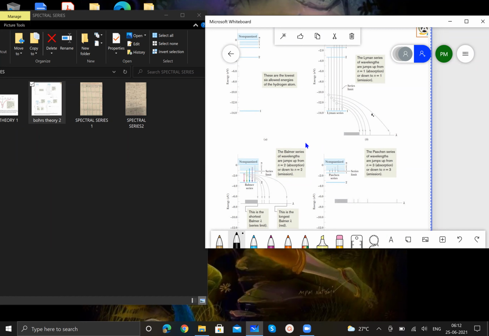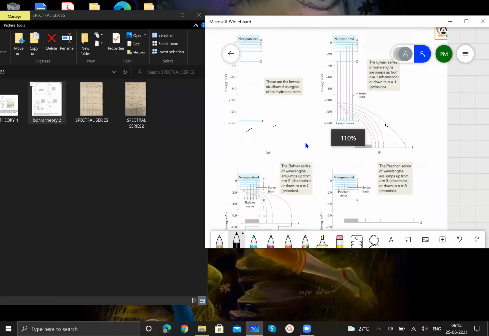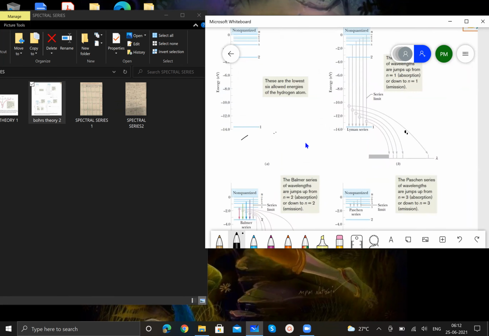Here, of course, I have shown you the energies associated with each quantized orbit, starting from n is equal to 1, n is equal to 2, n is equal to 3, and so on. Values are given here. You can see for n is equal to 1, the corresponding energy is minus 13.6, but it is approximated to 14. For n is equal to 2, it is minus 4 point something, and so on, shown up to infinity.